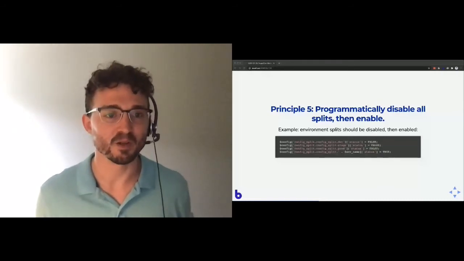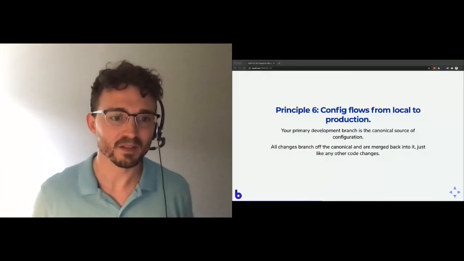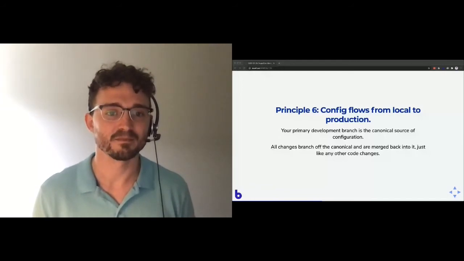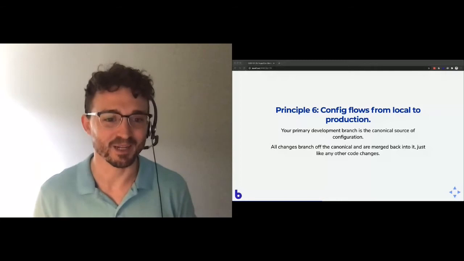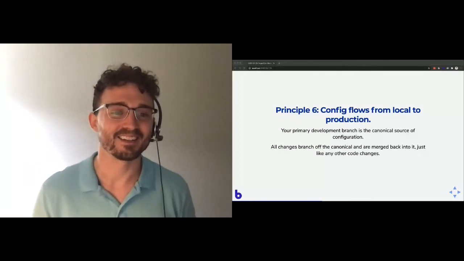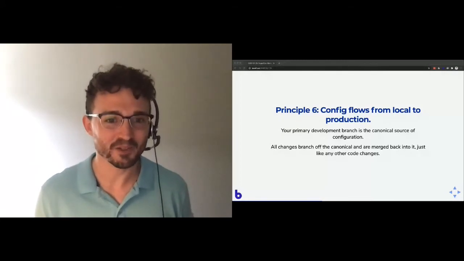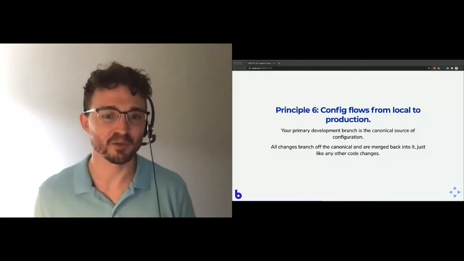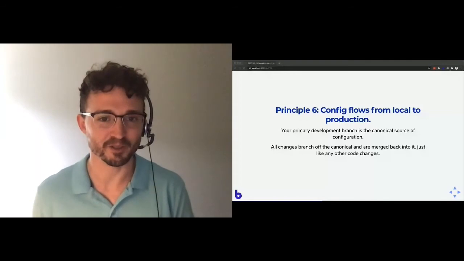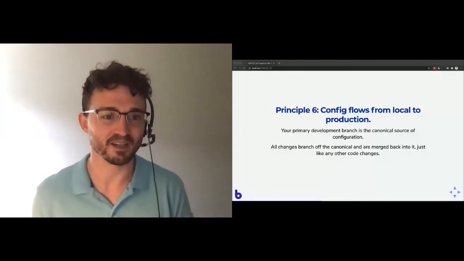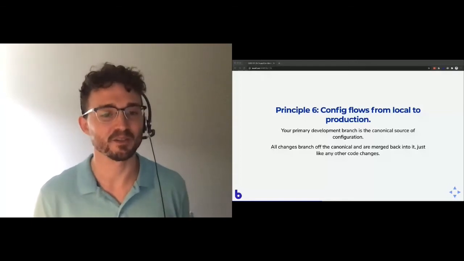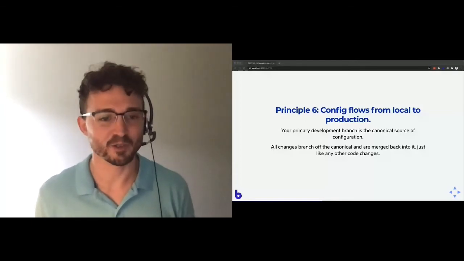Config flows from local to production. Your primary development branch is the canonical source of configuration. Notice I didn't say production database. This is maybe a switch in thinking for some people, but your managed configuration is managed by version control. Version control is the canonical source. So if you're changing config, you don't do it on production, you do it off a branch, make your changes,